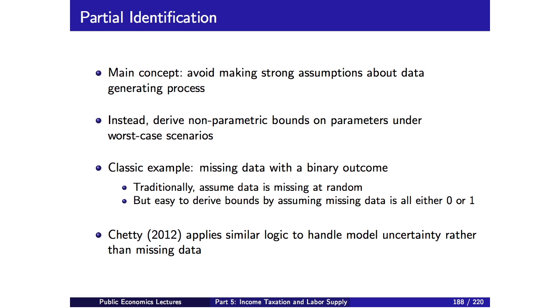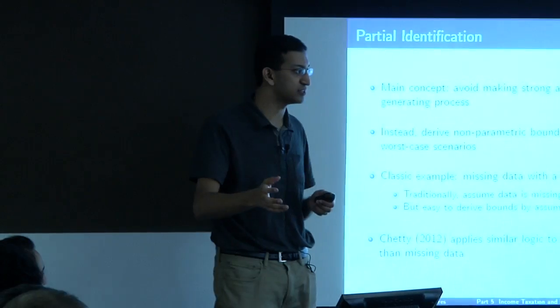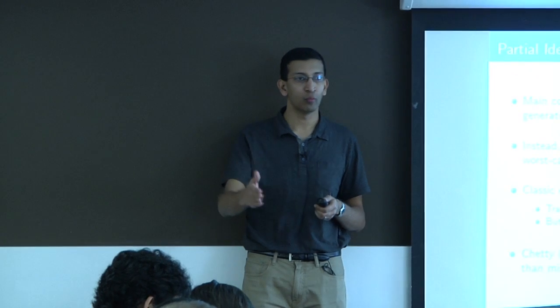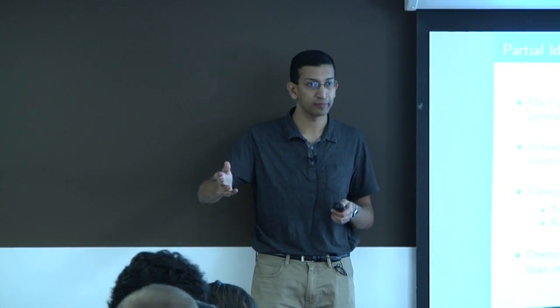So here's the classic example that I think makes it very easy to understand what this is about. And then the econometrics get much more complicated, but the idea basically boils down to this. Suppose you have a case where you have missing data. Okay, so common problem, especially in survey data. Now, to make this simple, suppose you have a binary outcome. So the outcome is either 0 or 1 as the result of some treatment. Traditionally, the way you proceed in that situation is that you make some assumption about the nature of the missing data. Like let's say for a third of the people, you don't know whether they're working or not because that data is just not reported.